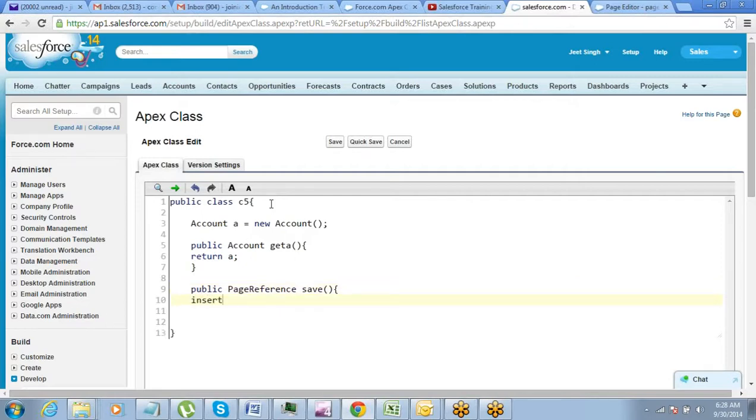In the save I say insert a, return null. Alright, so I will insert this account A on the save button.